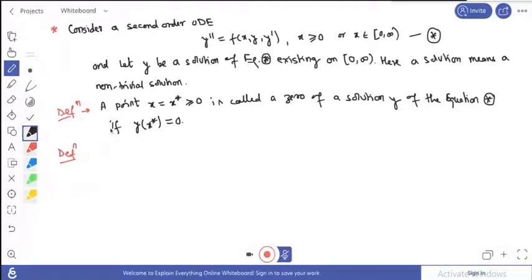Here there are basically two categories. The first one is non-oscillatory, the second one is oscillatory. So what is non-oscillatory? Equation star is called non-oscillatory